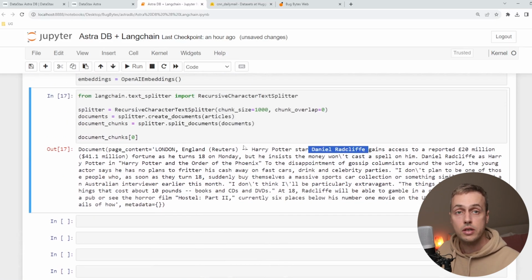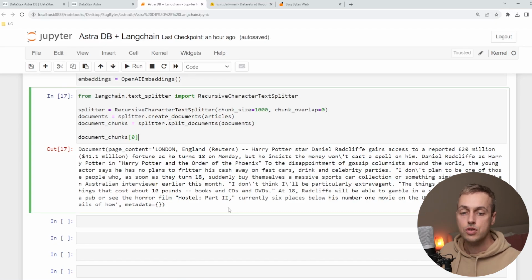So we're not getting the full article anymore, it's been split into a chunk with a maximum size of 1000 characters. And the reason that we're doing this is that we're going to store the vector embeddings for the chunk in the database rather than vectorizing the entire article. And that allows us to get more specific with the content that's being stored in each item in the database,